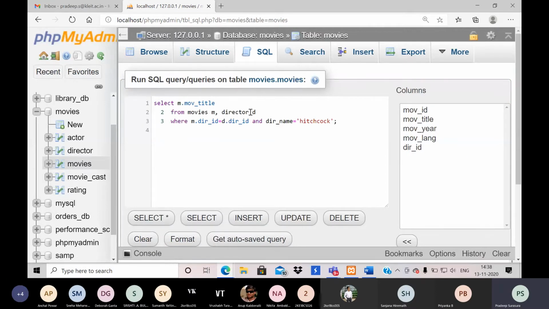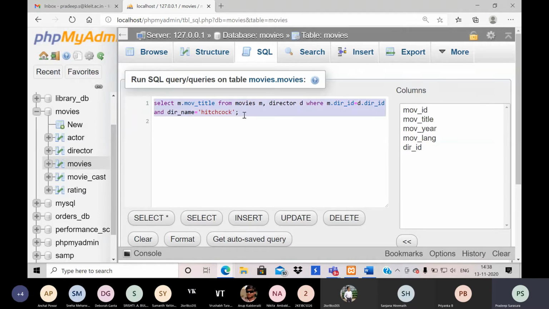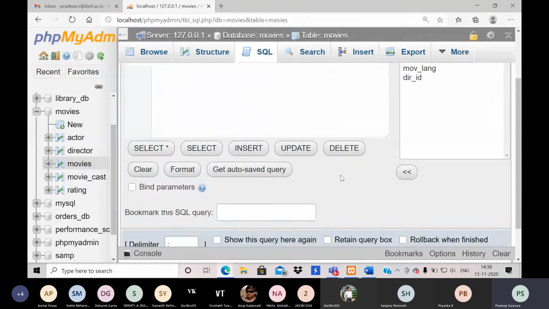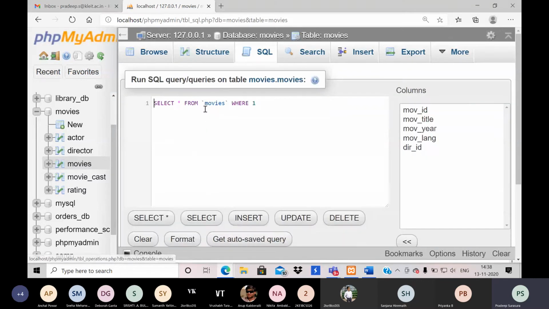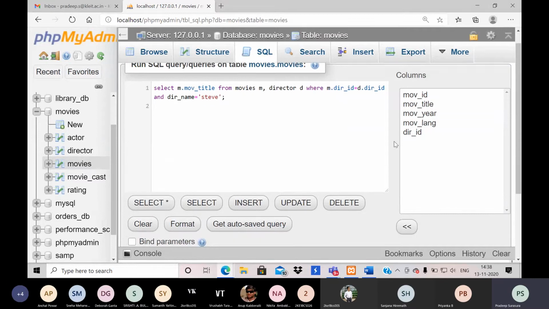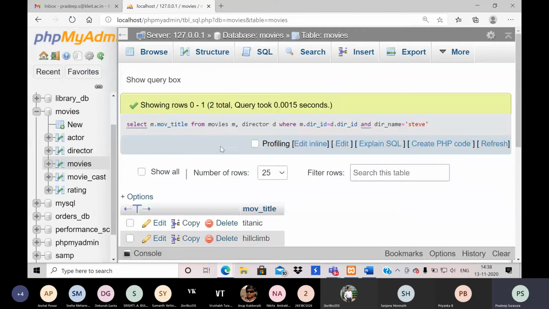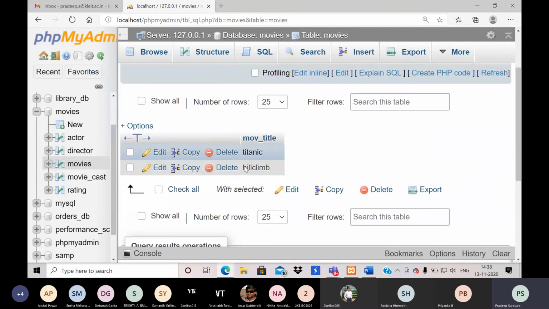Why is this not working? Zero out of zero. Okay. If I change it to Steve, this is working for 2 rows.